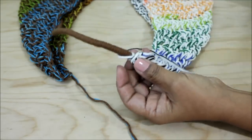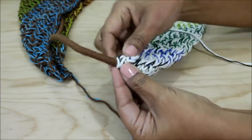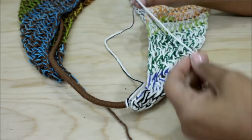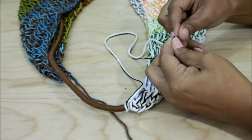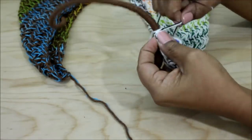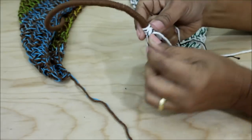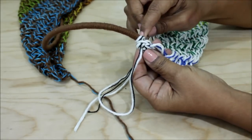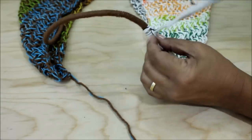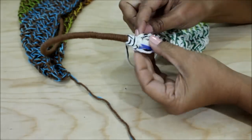So then to secure this tip, I'm going to make a knot right here with this color, and you can see that I'm placing my tips over the corresponding color. So this has the white thread, I'm putting it on the white side, and then I take that working yarn and I feed it through a needle, and now I'm going to wrap this tip of my purse to the rope. And as you can see, I'm going side to side to make sure that I bring these two sides